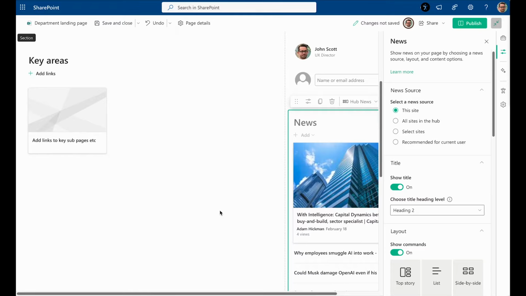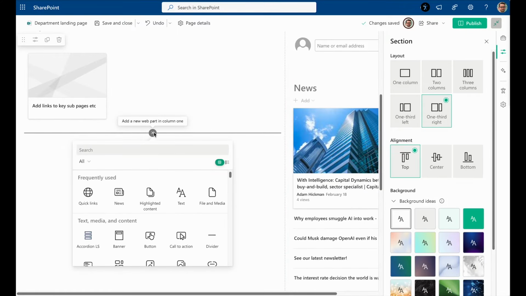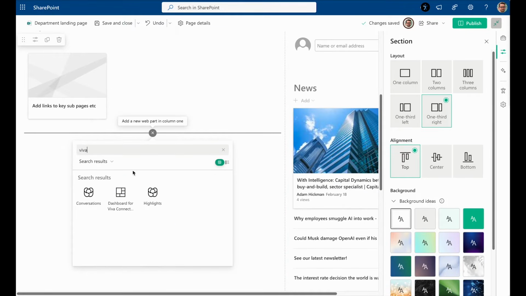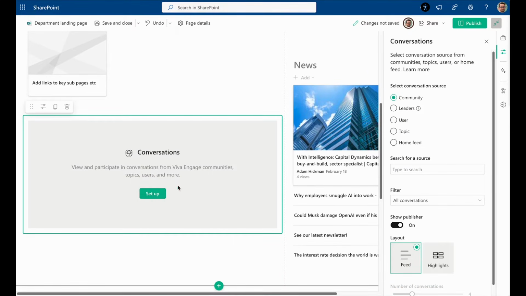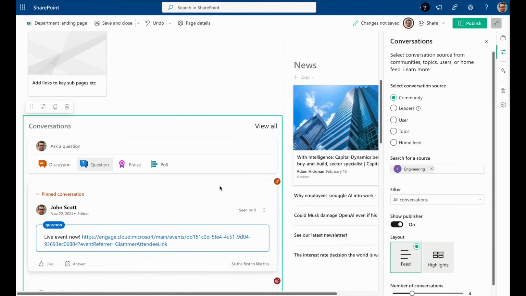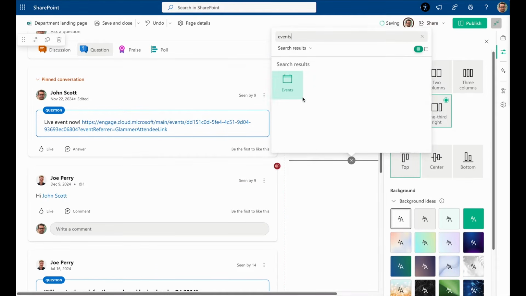And then I'm going to go down here, and underneath here I'm going to add actually a Viva Engage feed. Now I'm going to add this feed in, and I'm going to tie this to a particular community. Now people will have to change this when they use the template to point it to a different community, but we'll add something to help them do that in a second. Okay, so we'll put this in here, community feed, and down here I'm just going to add also events, so we'd have departmental events.